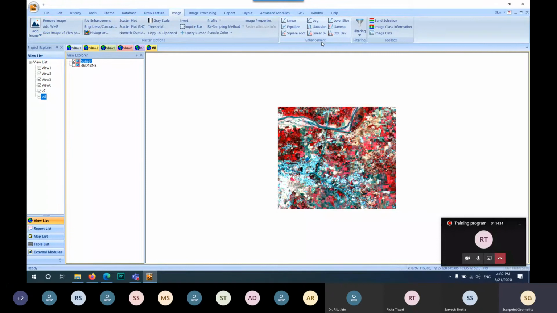If you want to enhance it, it gives you the enhancement tools. If you want to apply filtering, you have various filtering options from where you can filter your noise, sharpen images, and do edge detection filtering. So using this filtering you can enhance your image, and then you can apply your further image processing.